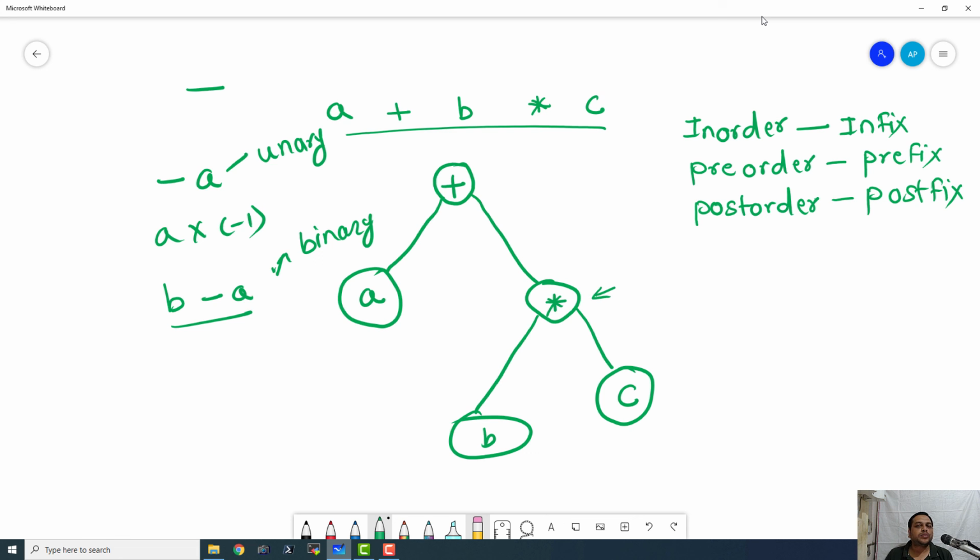I hope that you have understood the concept. In case you haven't understood this concept very well, you need to watch the other episodes in this entire series of data structures and algorithms, and you will have a very good and fair idea about what all of these things mean.